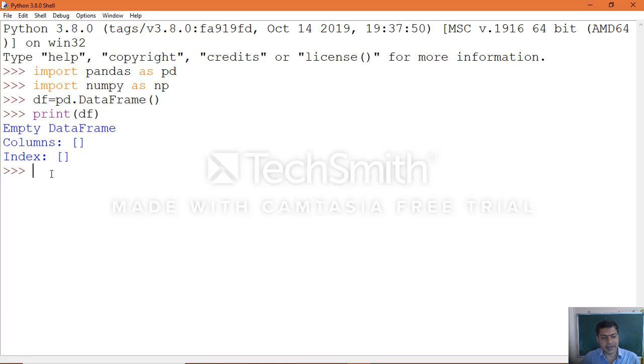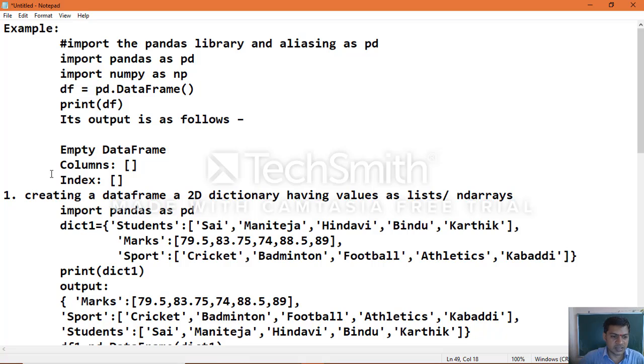Okay, so again there are two kinds of ways which we saw: a dictionary, and within the dictionary, nested dictionary values, and how we can pass them in the form of a dictionary object for the data frame. Now the first one, we will see how we can execute that example.